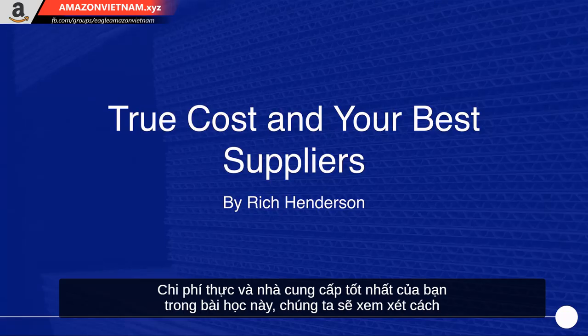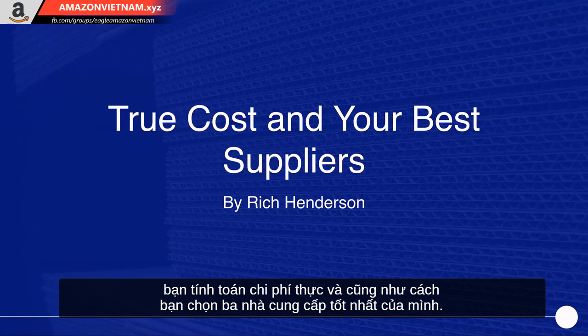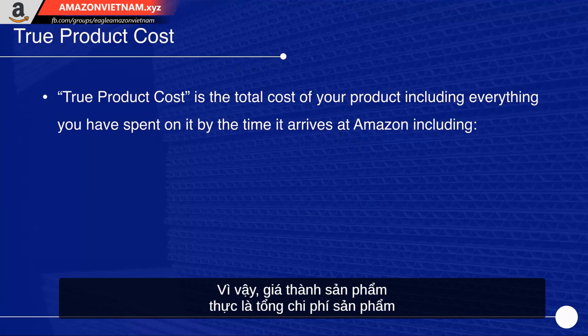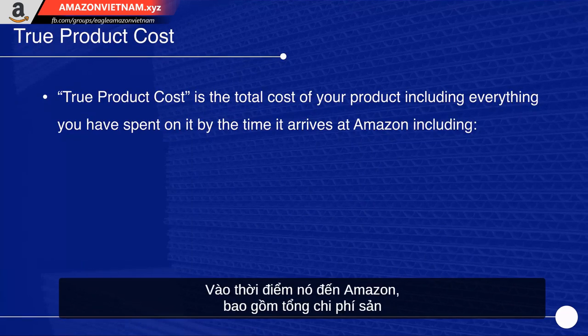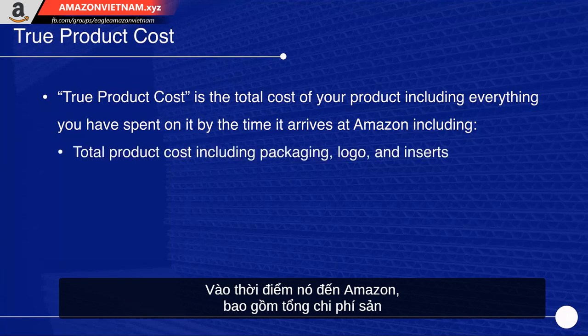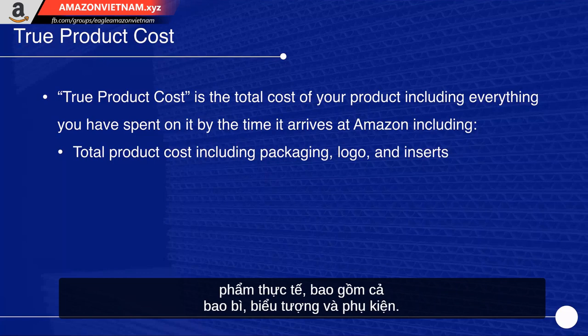True cost and your best suppliers. In this lesson, we're going to take a look at how you calculate true cost and also how you choose your best 3 suppliers. So true product cost is the total cost of your product, including everything you have spent on it by the time it arrives at Amazon, including the total actual product cost, including packaging, logo, and inserts,